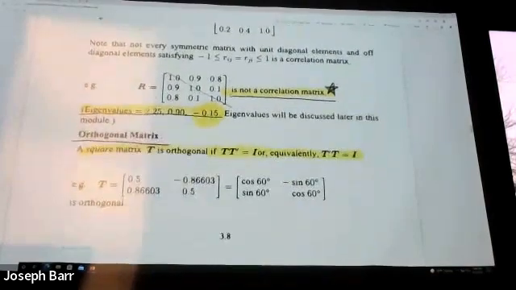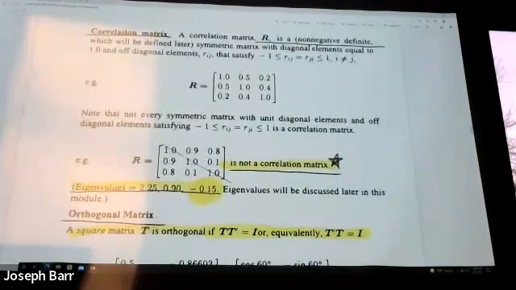And this is a very special case. This one looks like a correlation matrix: 1, 1, 1, 1, 1 here, and all the elements here are within this range, but still it is not a correlation matrix, because a correlation matrix should be